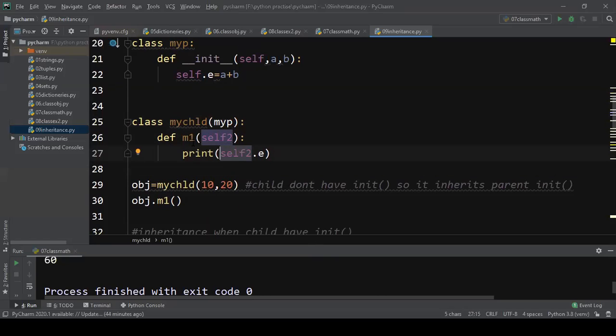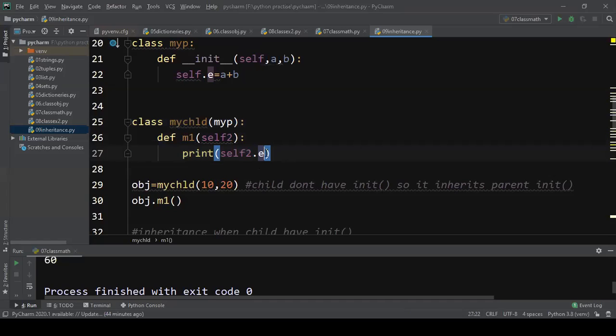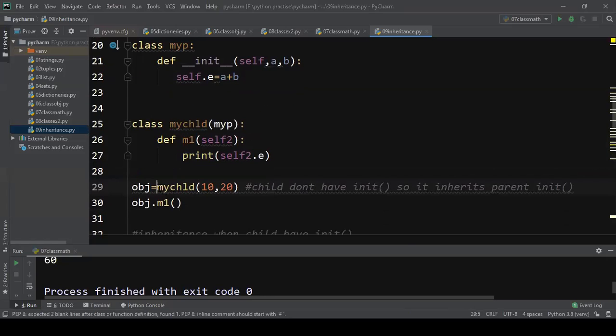But whether any variable e is there in this particular class? No, it is not there in this particular class, but still we can print the value of e. Of course, we'll see that. Now I'm creating the object for my child.